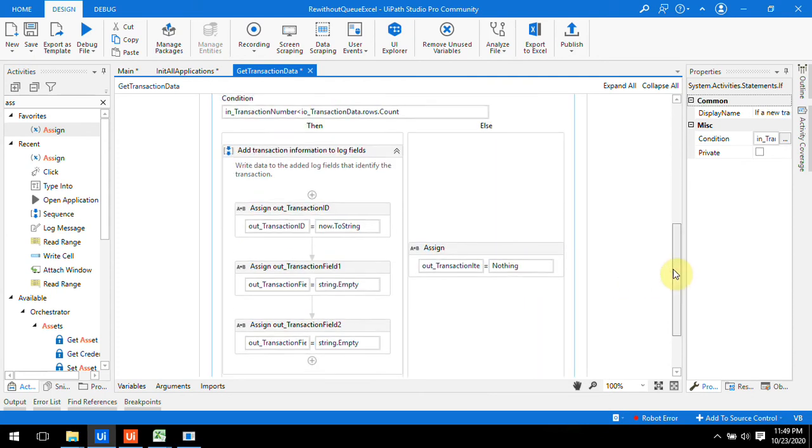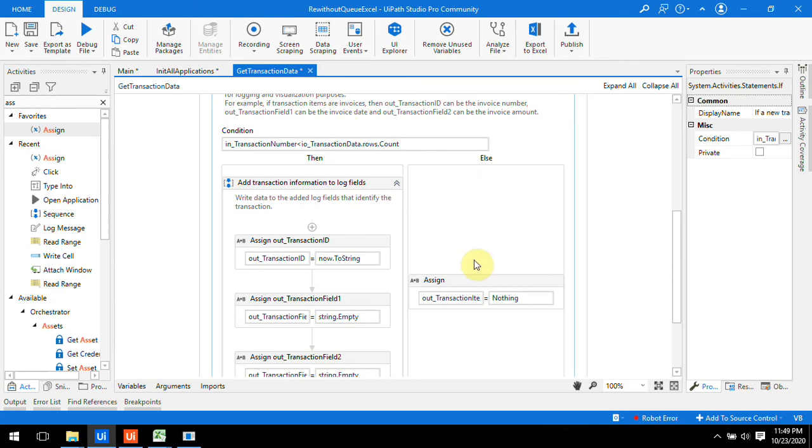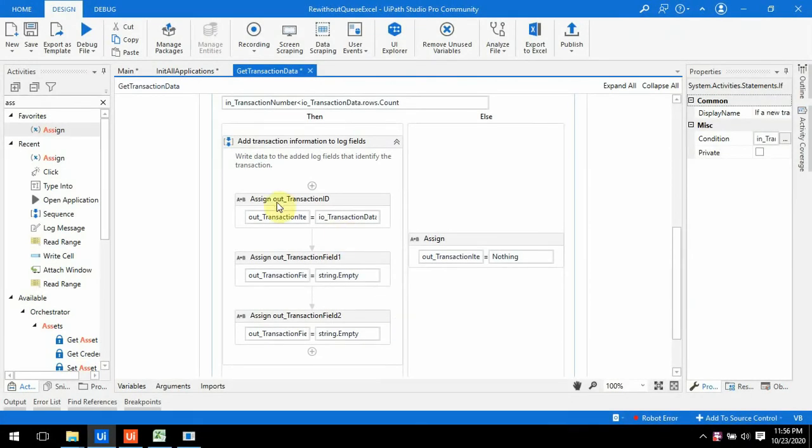So when there are no items in our data, it will come towards else. In the Assign out transaction ID, you have to just enter transaction item, that is equal to transaction data, and in transaction data we are passing the transaction number 1, 2, 3, 4, whatever the number of transactions we have. That is the first field. In the second field,